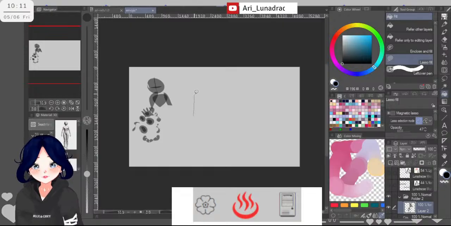Also, I initially thought about pointing down, but it looks a little weird.